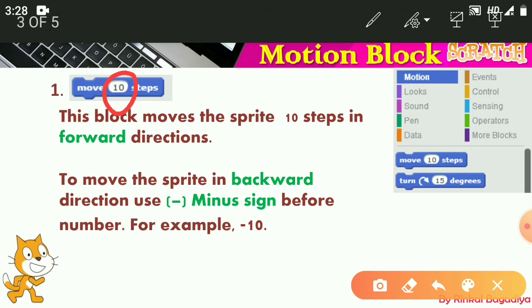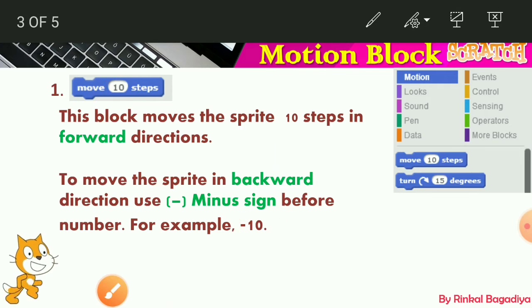To move the sprite in the backward direction, use a minus sign before the number of steps. For example, minus 10. If you want to move the sprite backward, then you can give minus 10 like this. You can type the minus sign and then the number 10. Then your sprite will move backward on the stage. So the move block is used to move the sprite. Okay. Our next block is